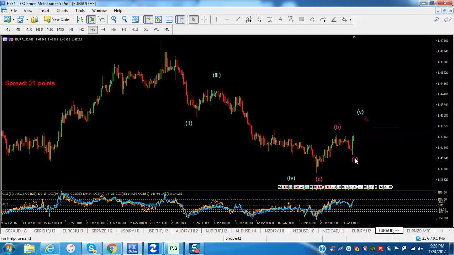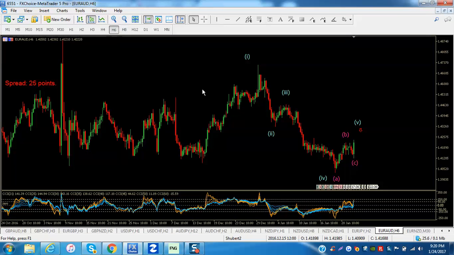So I would expect that this would go back to at least this area before either continuing up. If this is a 3, it'll blow right past here. If this is a wave C, then it'll get to around this area, and then we'd expect it to turn back down again to finish this bigger pattern of a 1, 2, 3, 4, 5. So again, although I'm long this pair, I'm not expecting that this is going to continue up for an